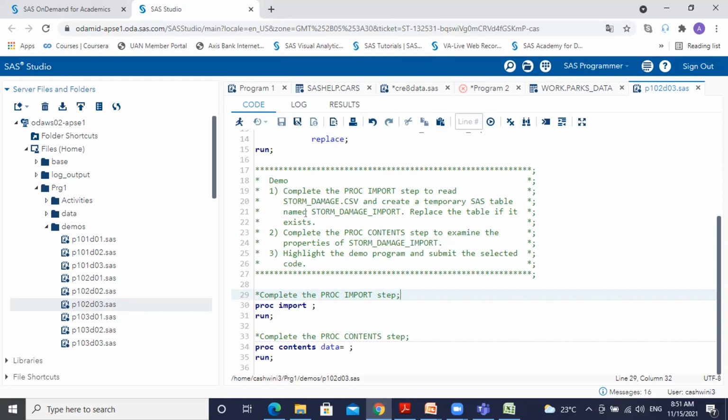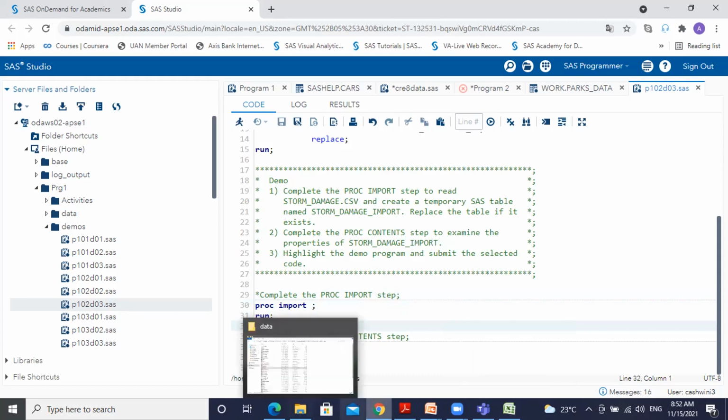After REPLACE, I have to write SHEET, and then after SHEET I have to write guessingrows. Complete the PROC step, store a temporary table, import, replace the table if it exists. REPLACE, I've done.